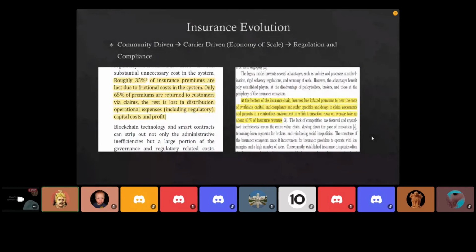In that case, the major advantage is that there will be out and out transparency, no transaction costs, since it is within a closed community. So those benefits were there, but the issue is economy of scale. Insurance can be successful only if large premiums are pooled in and there is diversification of people. So that is where carriers started appearing. Carriers started pulling in different people from different parts of the world and pooling in the premiums so that economy of scale is achieved.